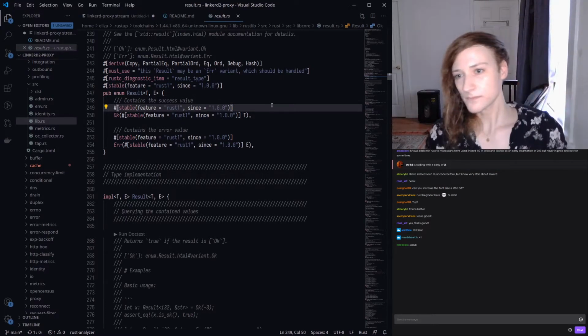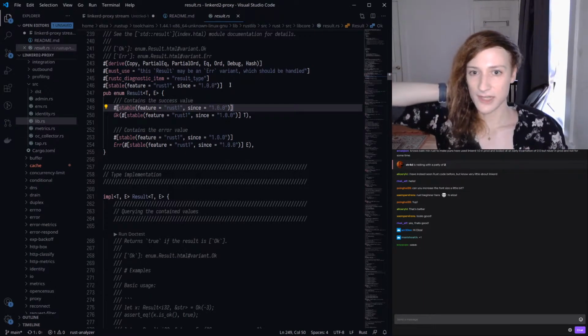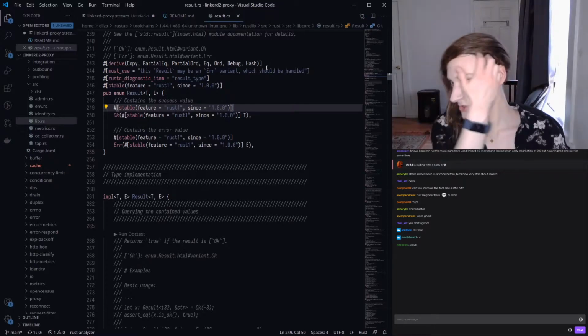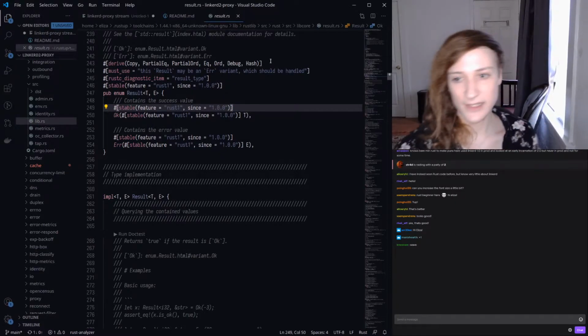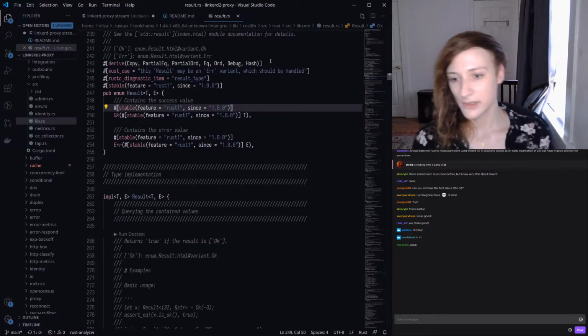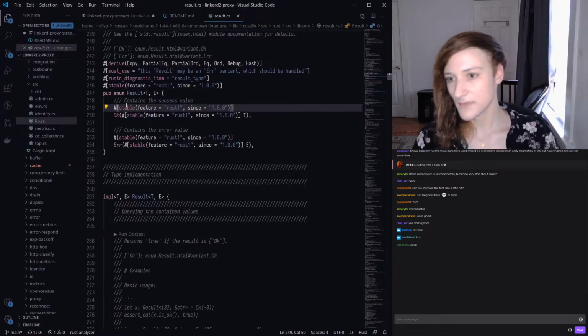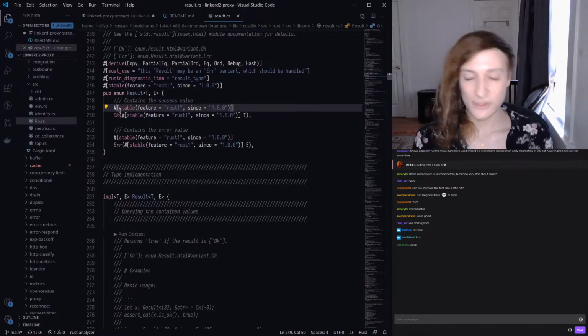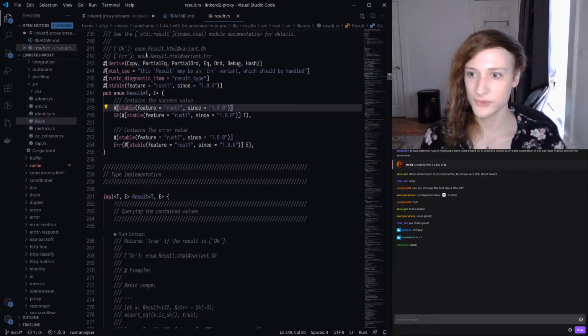So also I realize now, because we're looking at the standard library source code, there are all of these attributes, beginning with a hash and then square brackets, and then there's an attribute. These are like annotations or compiler pragmas that are not part of the actual Rust code, but they're telling the compiler or some additional tool to do something.